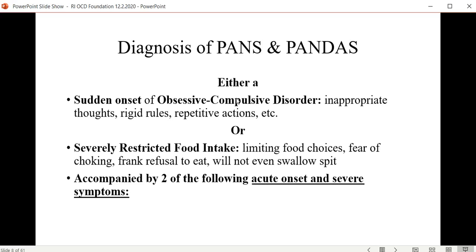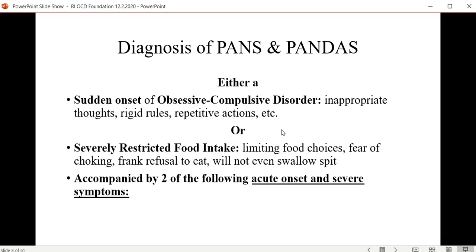Now, just a comment, obsessive compulsive disorder has been identified for many, many years. You probably would have heard this if you're involved in OCD much, that it seems to be centered in the basal ganglia. So they've already identified that area. They've also identified that area for some eating disorders and for Tourette. And in PANS-PANDAS, it is a sudden onset of either OCD behaviors or a severely restricted food intake,